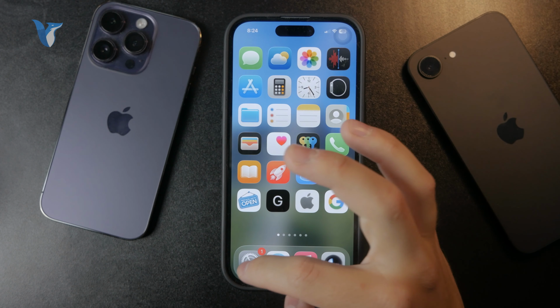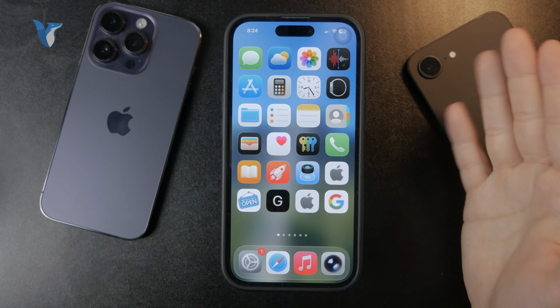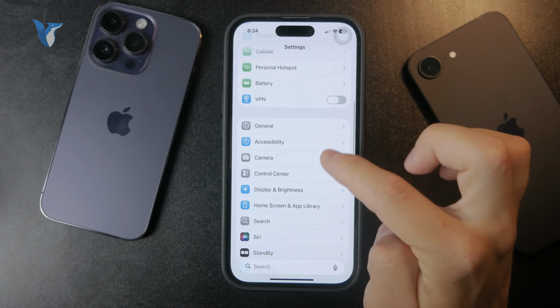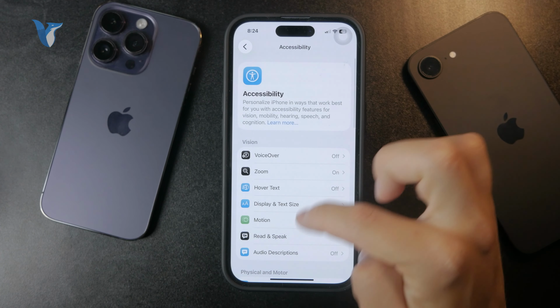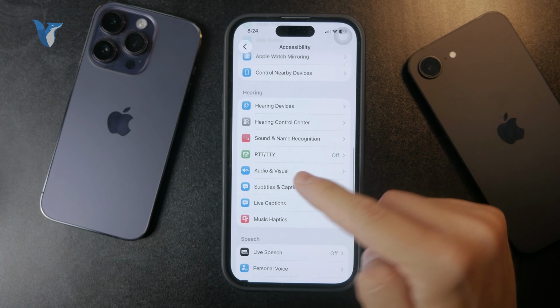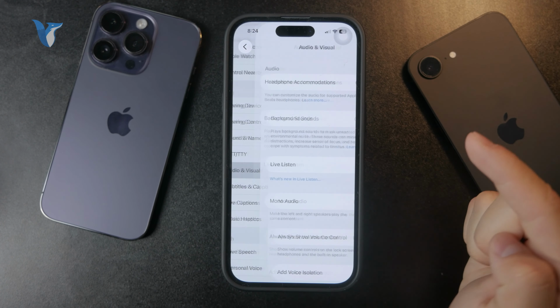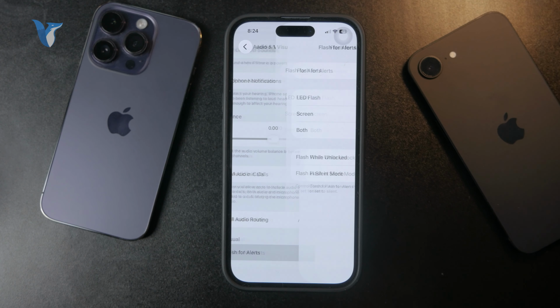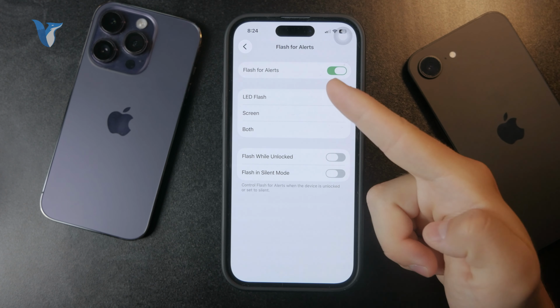The second one is when the flash is triggered by notifications. So for that, you need to go to the settings and click on accessibility. And below, from the options, you need to find the audio and visual section. And in here, at the bottom, we have the flash for alerts, and this can be enabled